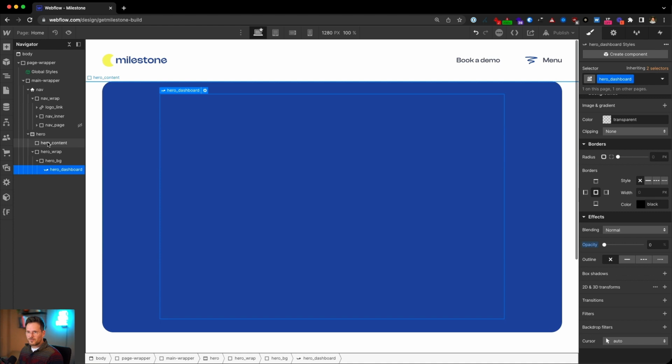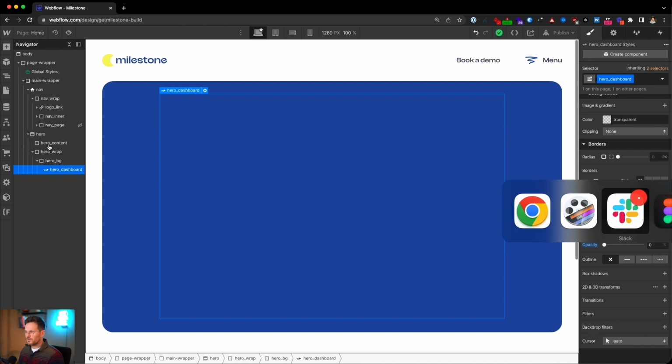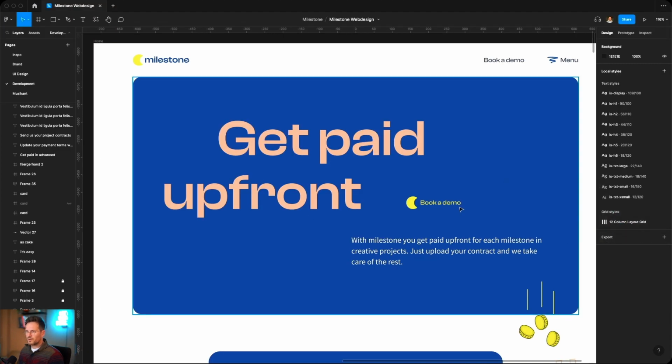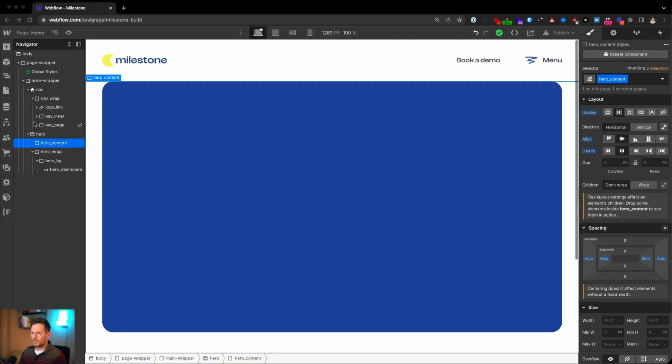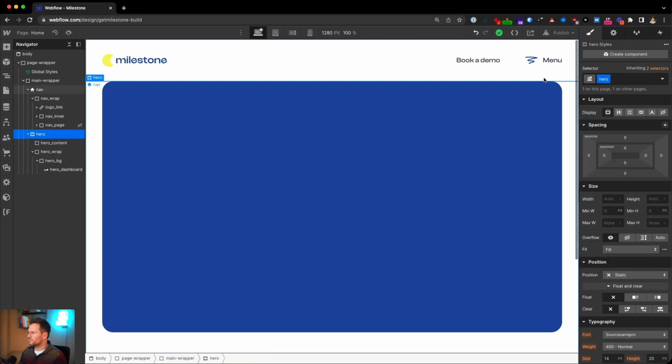The next step is to add the content on the hero, in this hero content div, like the copy and the button. At first we have to change the settings of the hero.